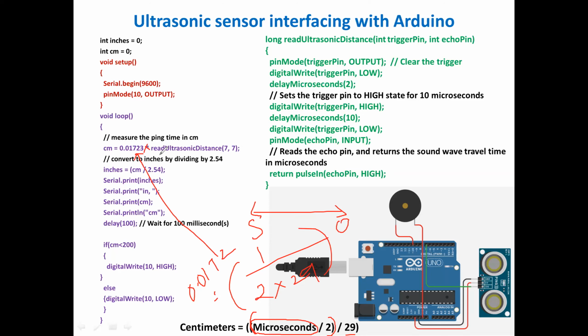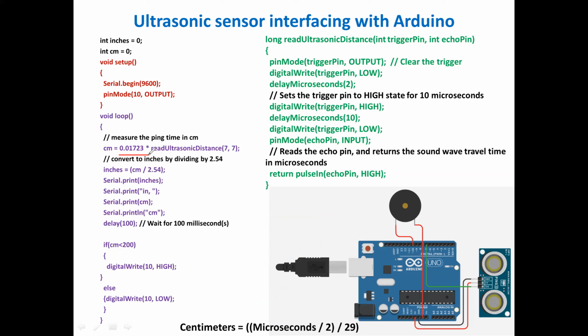This is the time period in microseconds, the time taken for the pulse to transmit and receive. We are using this function. Later on, you should not ask what this 0.0172 is, that's what I'm explaining initially: how the sensor measures the distance of the object in centimeters. Once you find it in centimeters, if you divide by 2.54, you will get it in inches. Let us have an interfacing.